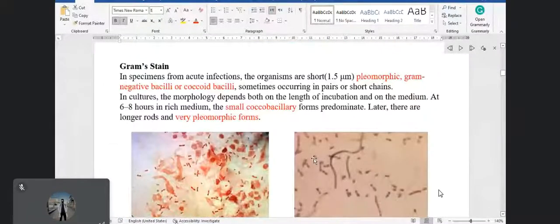Gram stain of this microorganism is very unique. It is small, short, pleomorphic gram negative bacilli, or mostly cocobacilli, in short chains. In culture, the morphology depends on the length of incubation on the medium. At 6 to 8 hours, rich medium shows a small cocobacilli like this. But if it is left for more than that, it will show this long form of pleomorphic arranged bacilli,